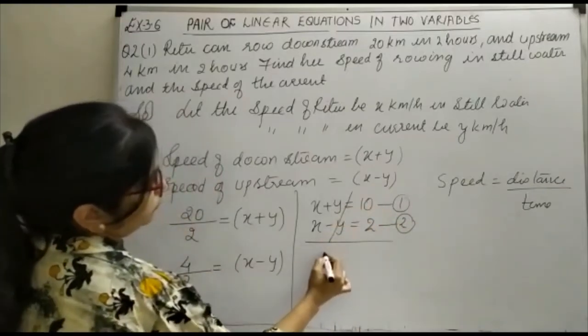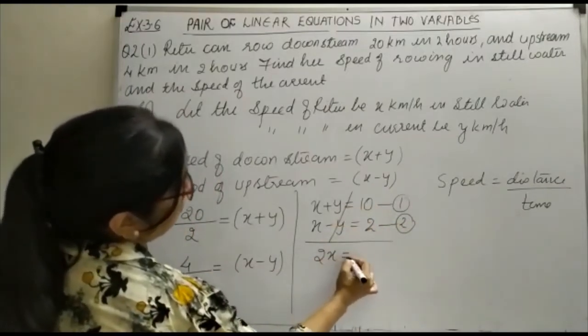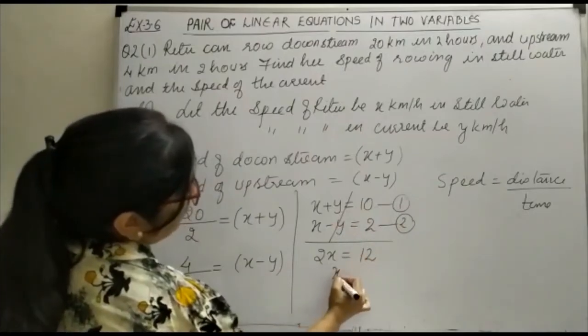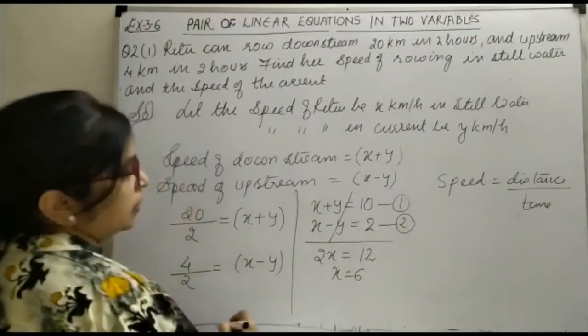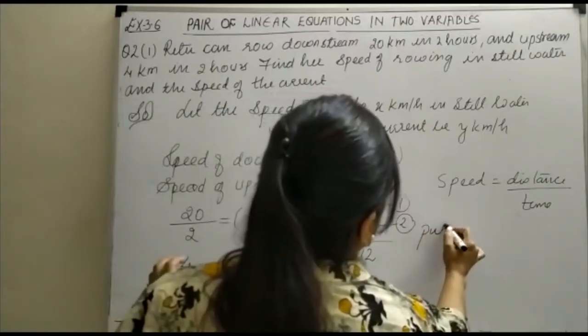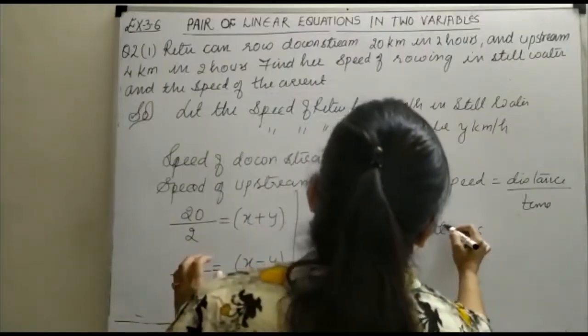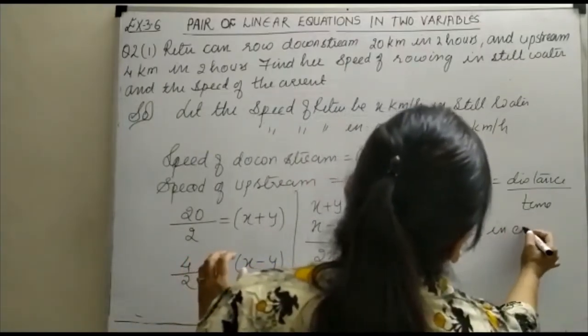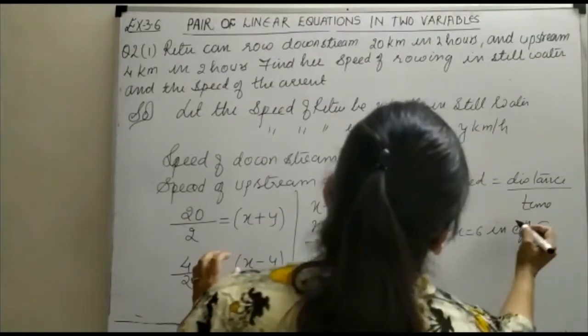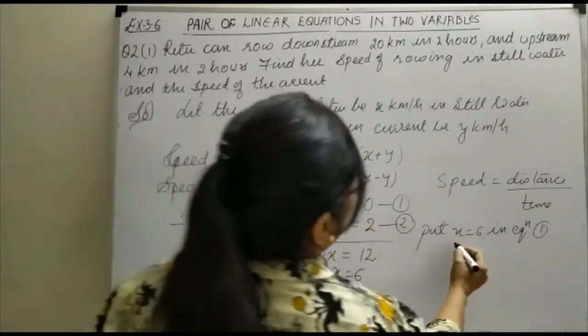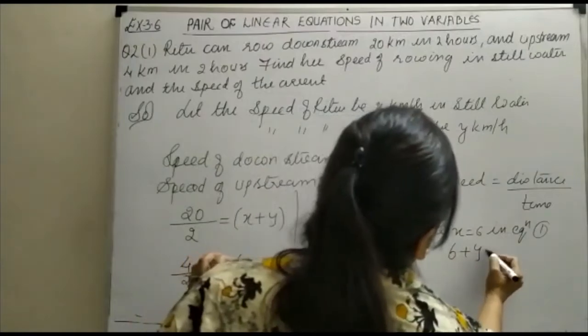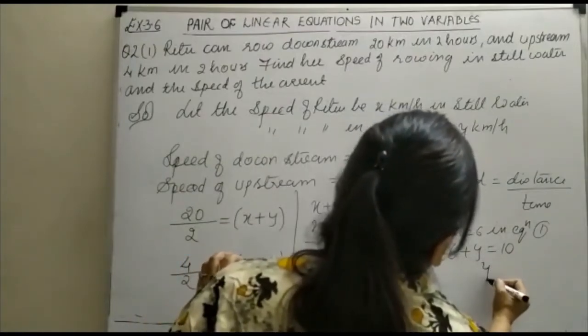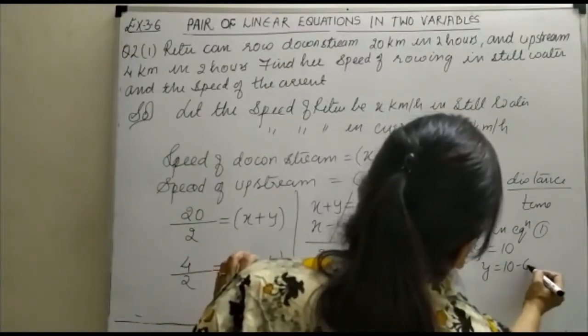When you add these two equations you get 2x is equal to 12 and x is equal to 6. So put x is equal to 6 in equation 1, so this becomes 6 plus y is equal to 10